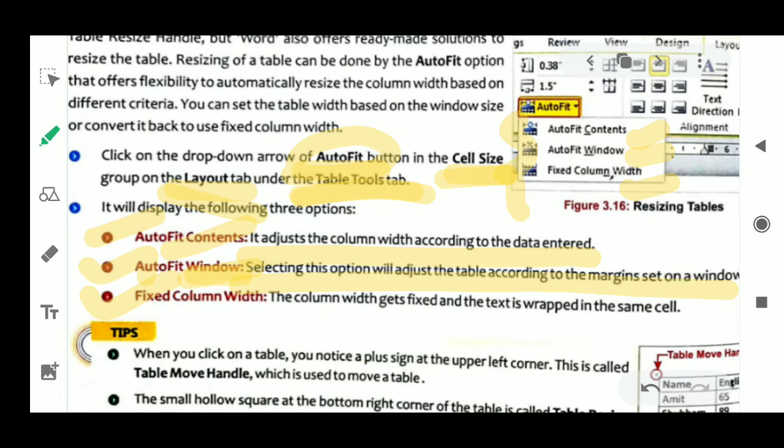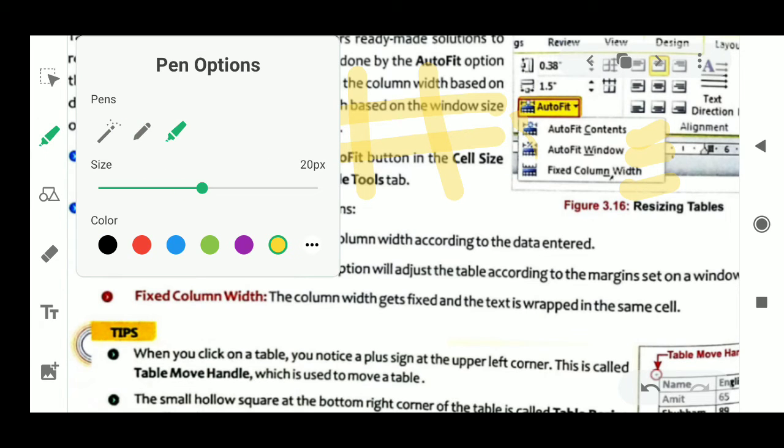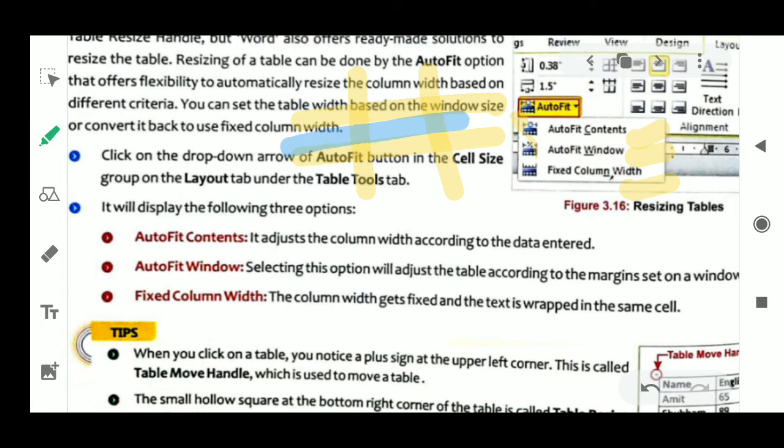Next is fixed column width. The column width gets fixed and the text is wrapped in the same cell. It means I have given one particular size, suppose I have given this size, and I don't want to change this size, but my text exceeds it.